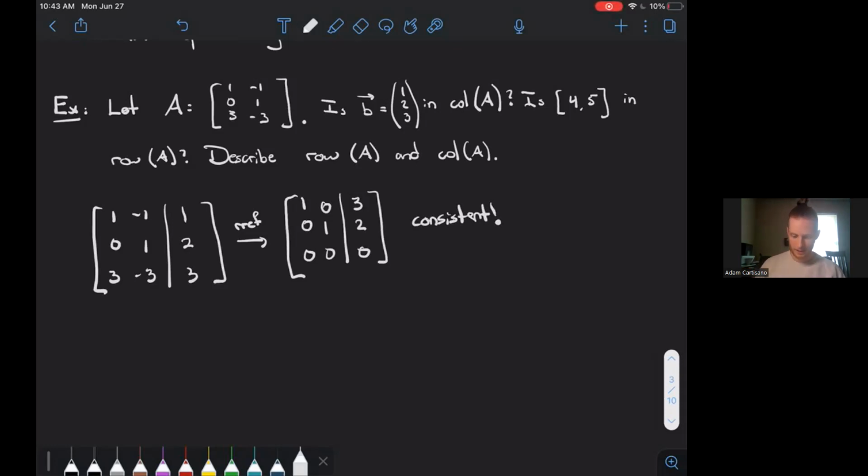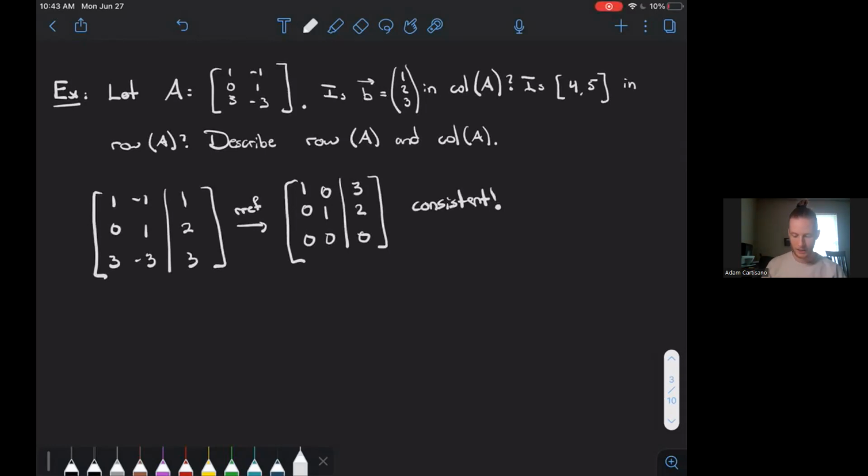Okay, that's the way to check for 1, 2, 3 specifically. But what I want to do is describe, so let's do the row space of A, sorry, the column space, no, the row space of A. Got distracted. Now notice, the rows of A are all two-dimensional vectors. If you are a two-dimensional vector that is a linear combination of the rows of A,